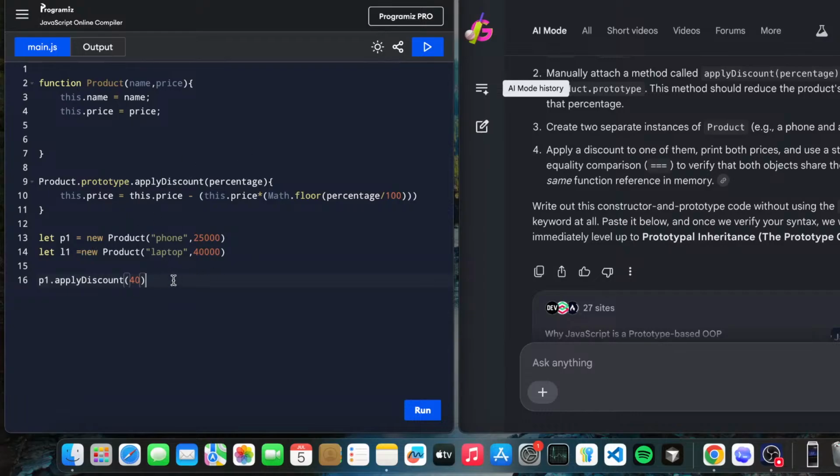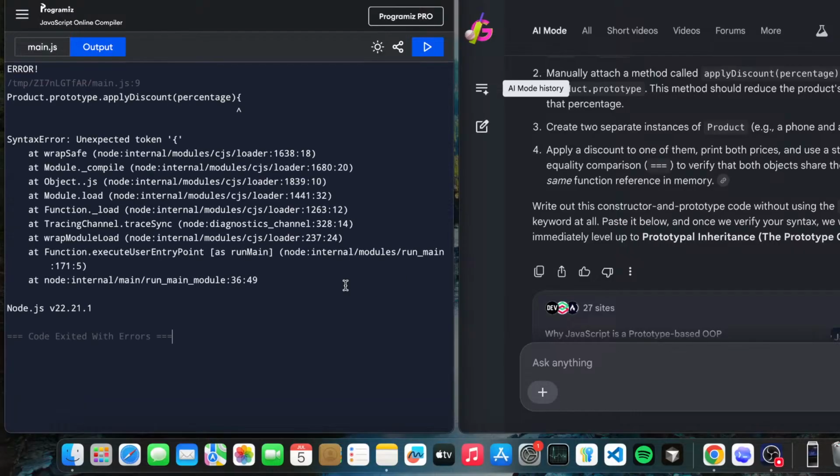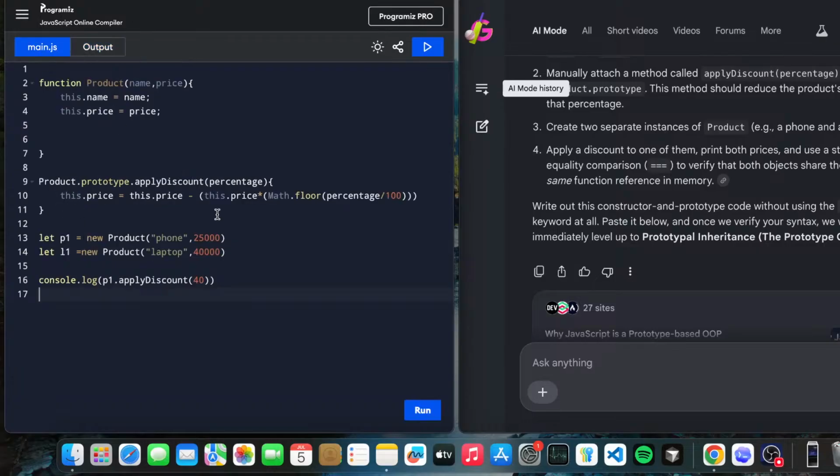So here we got a deploy, and let's just console.log. Okay, unexpected token, line number 9. What is the issue in line number 9?